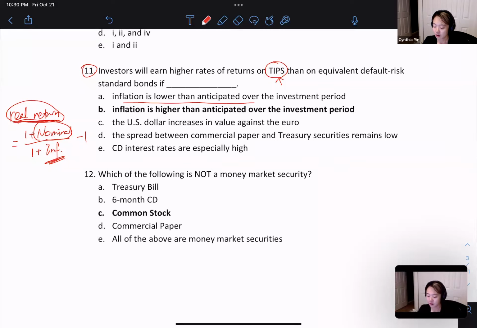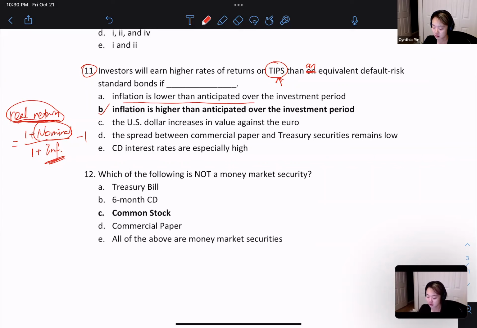I think there's a table that should be N. It's comparing the return of TIPS with some default risk, just a standard bond. And TIPS return will increase when inflation is high. And B is right because inflation is higher, meaning TIPS return will be higher because it's used to adjust for